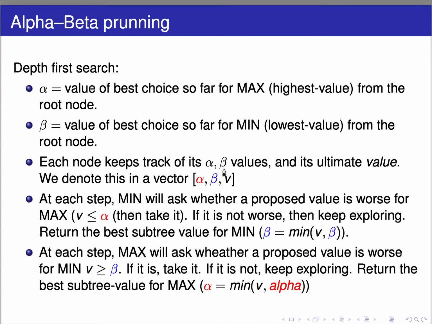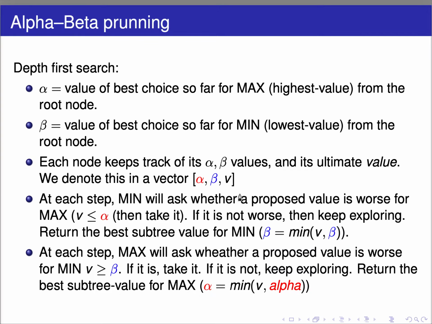And also, because each node has to have a definitive value, we're going to keep track of that value. We're going to denote these in the example that comes after this as a list of alpha in red, beta in blue, and the actual value of the node in black. Now, at each step, as the